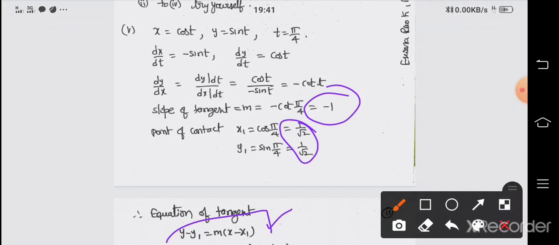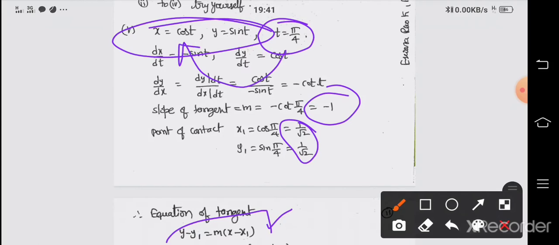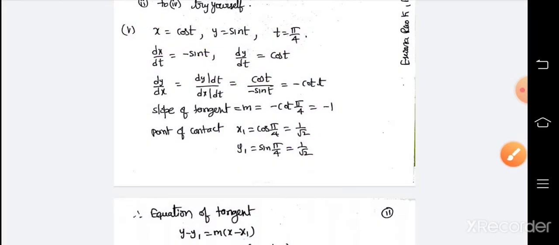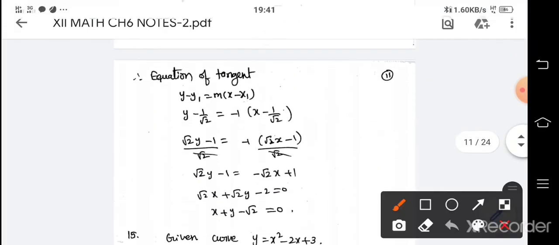Using this equation you can find out the equation of the tangent. Right. Here the very important thing is how to take the point of contact. Point of contact was given indirectly by substituting t is equal to pi by 4 in these two. That is x1 y1. When you substitute the value of t, whatever is given, in this x and y, you get x1 y1, and slope anyway is dy by dx, substitute t is equal to pi by 4, and you substitute all things in the equation of tangent to get the required equation of tangent. Next.